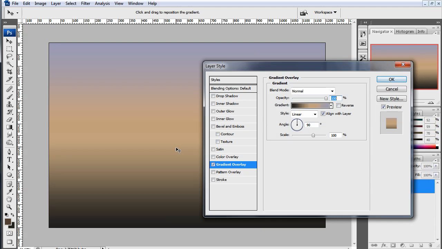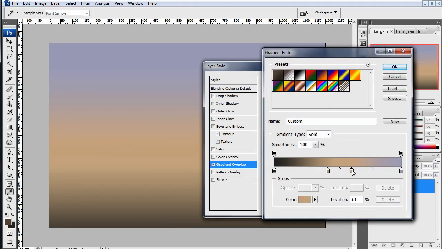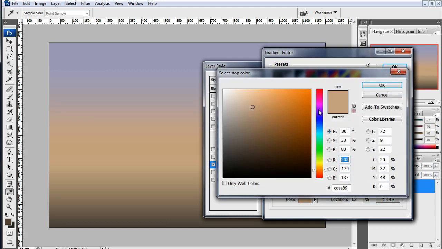So I'm going to come over here and hit OK, and you see when you mouse over your document, suddenly your pointer turns into an arrow with the little crosshairs next to it. What that does is I can drag this gradient up or down, or left and right, whichever you need, and it will change in the document, but it won't actually move your document window. So I'm going to drag this down a little bit further, and I want to adjust this a little bit more. So come back in here, drag this up a little bit more,